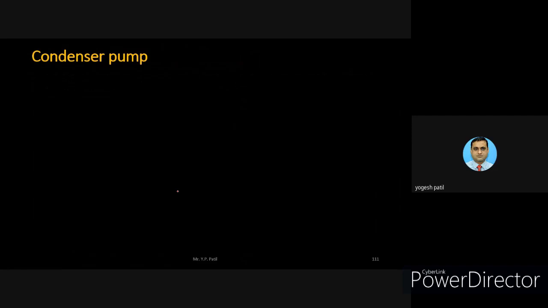Now we move to the next topic called the condenser pump. So what is a condenser pump? As we are well familiar with, the condenser in the primary side is mainly utilized in chiller HVAC systems. In chiller operation, we know that one of the components of the chiller is the condenser, with a water type of cooling arrangement, water cooled chillers.